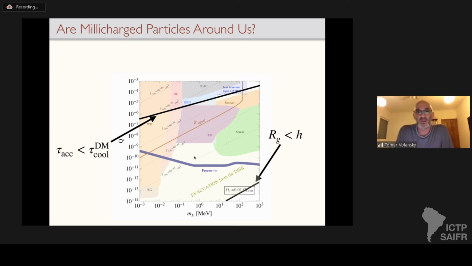In particular, let me stress this freezing line that you see here is one of the main targets for SENSEI, for many other experiments, direct detection experiments. And we've been taking it very seriously, and we suddenly realized that maybe that's wrong. Are we missing something? And the answer is